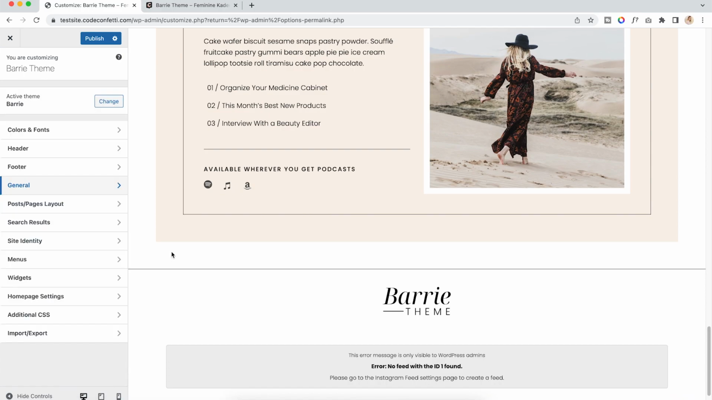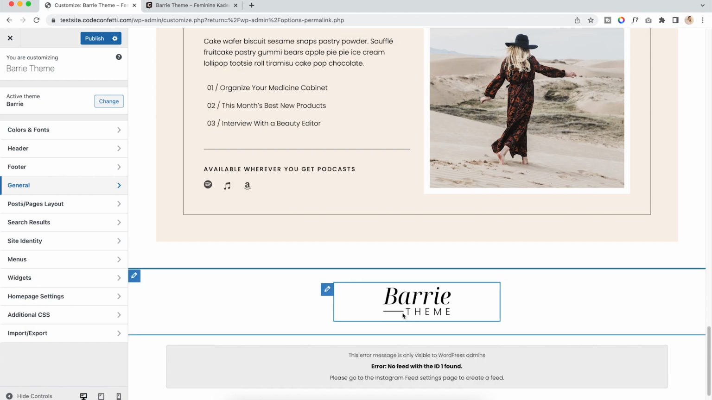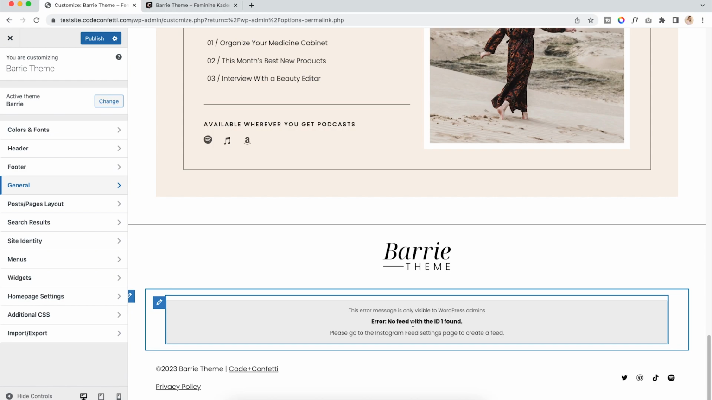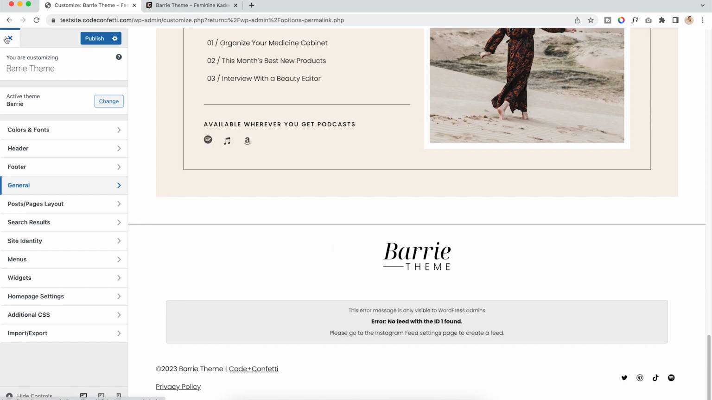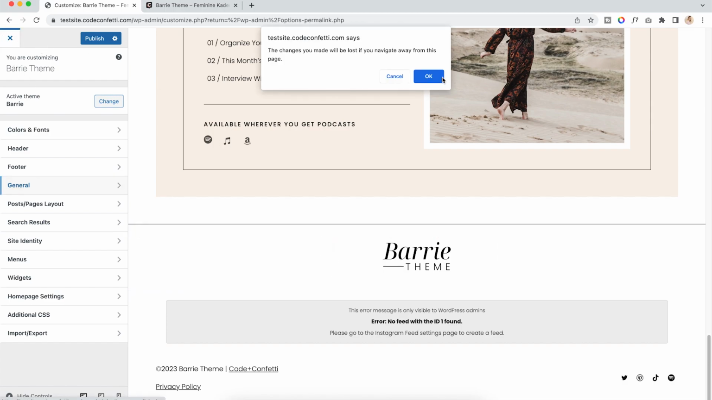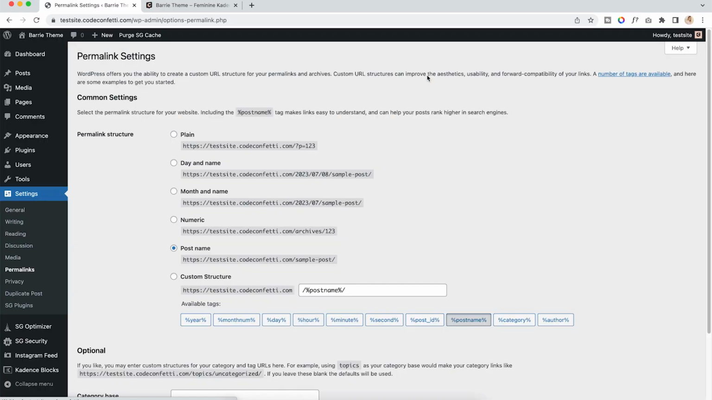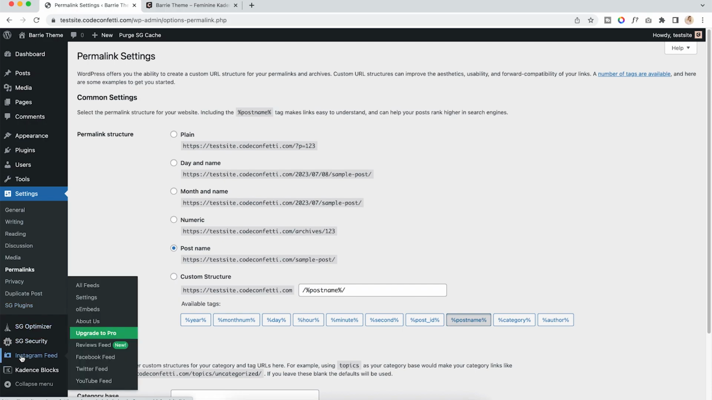Okay, so now we have talked about how to edit our header and our footer. The next thing we're going to do is connect this social feed right here. So we are using the Smash Balloon plugin Instagram feed. And I'm just going to exit out of here, and I'm fine with not saving any of my changes that I've made. Now we're back in the back end of our WordPress site, and let's scroll down in the sidebar here